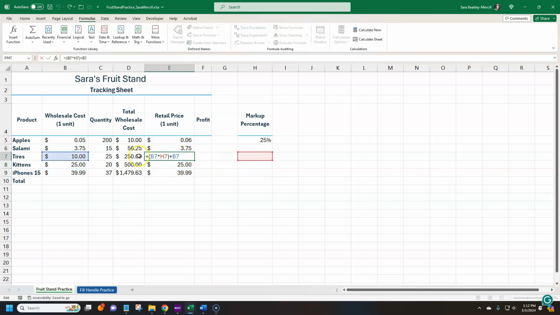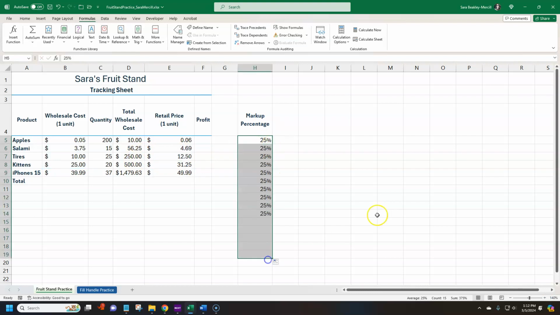If I double click this cell, you might think, okay, look at that. So the solution, how would I fix that? And everybody would say, oh, just copy 25% down, and that totally works. However, there's a better way, because you don't want to have to keep adding stuff. You want to be able to write your formula, but have it just point to this one cell every time. And that,